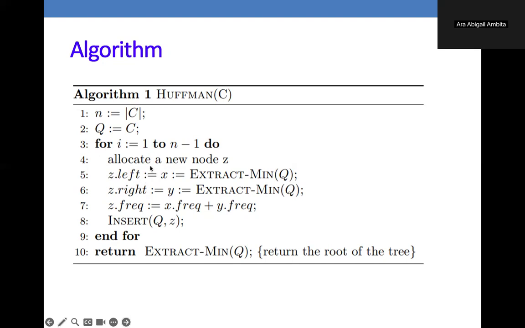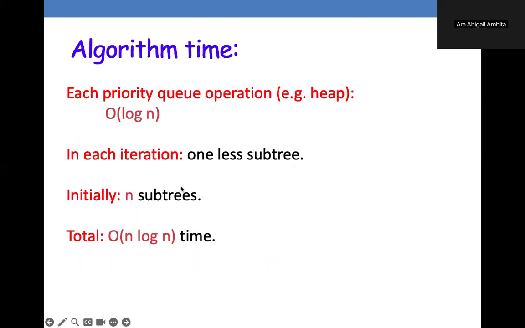Okay? And then we insert the node that we have created into our priority queue. And then we just continue iterating until only one tree is left. So the total time of the algorithm here